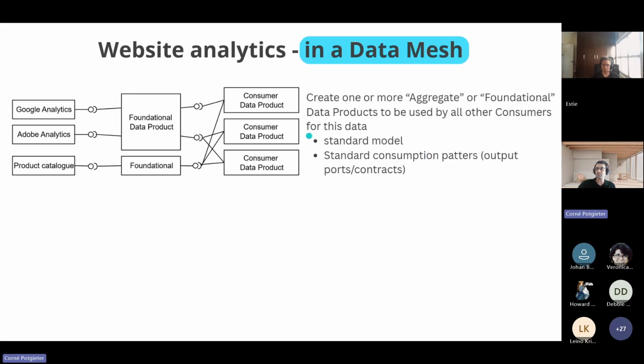That way you can have a standardized model, so not rebuilding the logic yourself, and you could have standard consumption patterns. So conceptually, it makes more sense to do this so that you have reusability and you don't have every team trying to do it themselves.